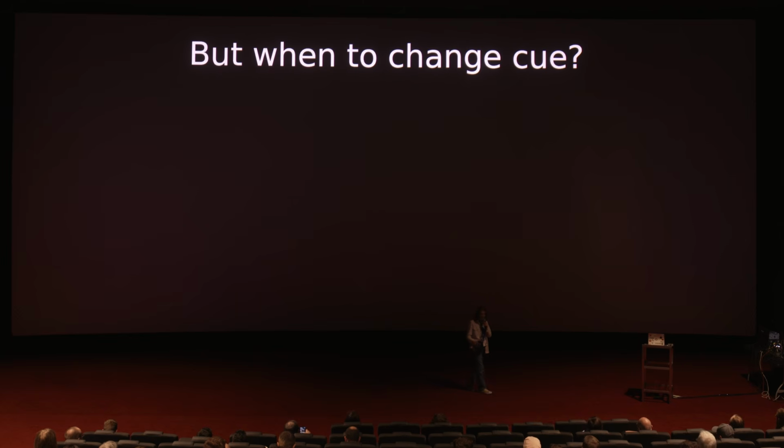But how do you know then when to change the cue manually? Because you've got 20 cues in each song, you've got 15 songs, that's a lot to remember. The first solution I came up with was, okay, take a text document, copy across the cues, write in when I need to change cue, copy the lyrics, it's all in there. And this kind of worked, but it was a bit janky, and in the end, I came to a realization,